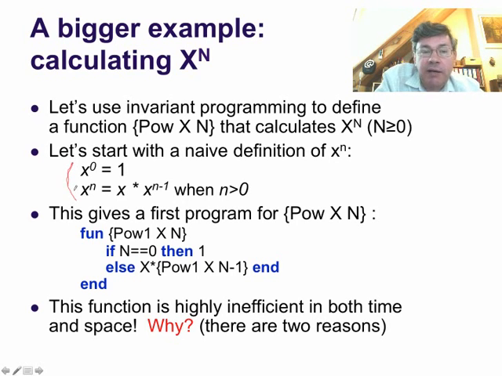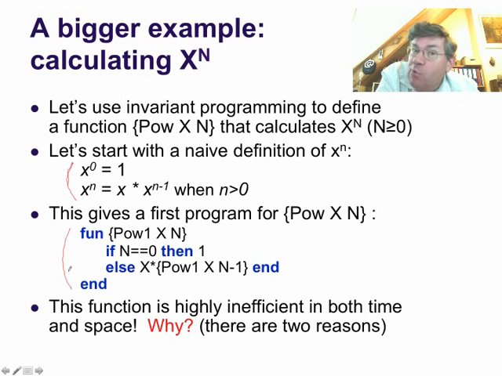x to the 0 is 1. x to the n is x times x to the n minus 1, where n is greater than 0. This gives a first program, pow1, which is incredibly inefficient, both in time and space. In fact, there are two reasons. One reason is that this function is not tail recursive. There is, in fact, another reason, if you have an idea how to calculate powers, is that it does way